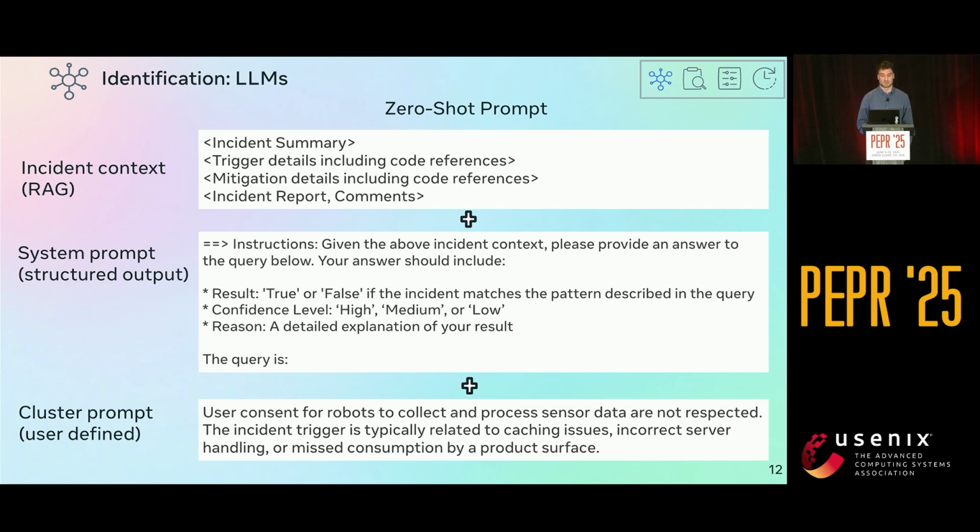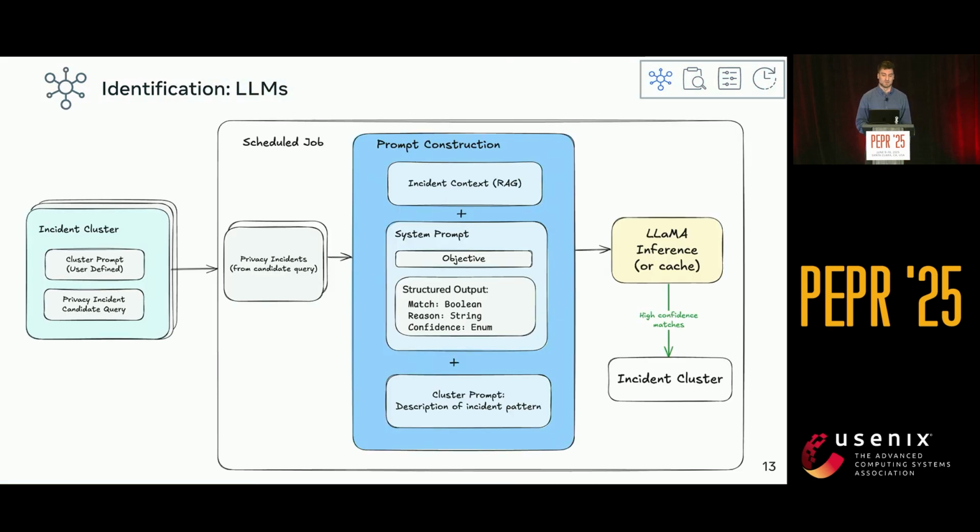Here, we can see that the cluster prompt is focused on privacy incidents that impact user consent and are triggered by a set of common causes. In practice, creating these user-defined cluster prompts requires iteration, which we provide to users in an ad hoc test environment for each cluster. So, looking at the full system, we continuously process all LLM-enabled clusters against new privacy incidents in